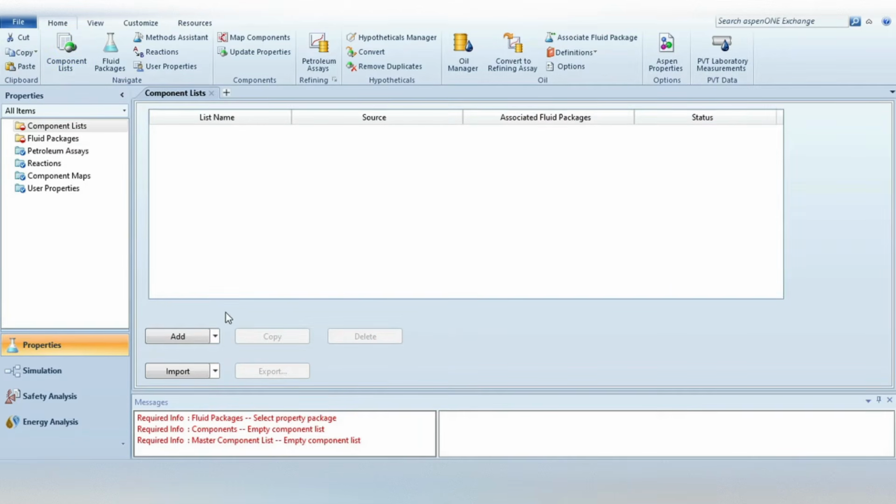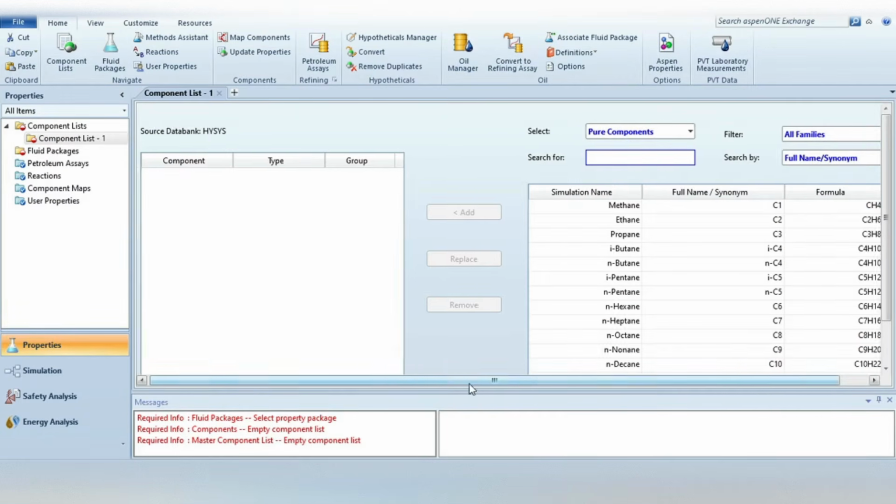In our problem, only water is the main component, but in coming lectures you will see more complex problems. We have to specify all the components which will either act as a reactant or be produced as a product. We have to specify all the anticipated components in this tab. So to specify a component, just press this add button,